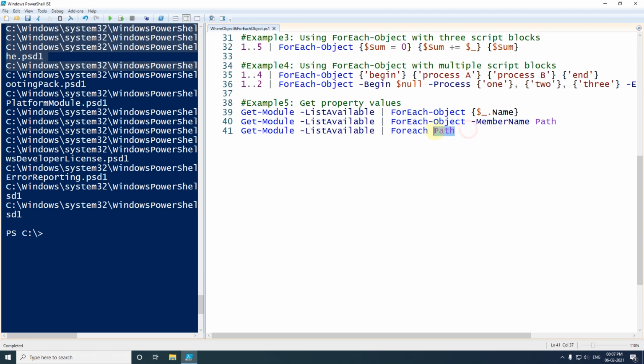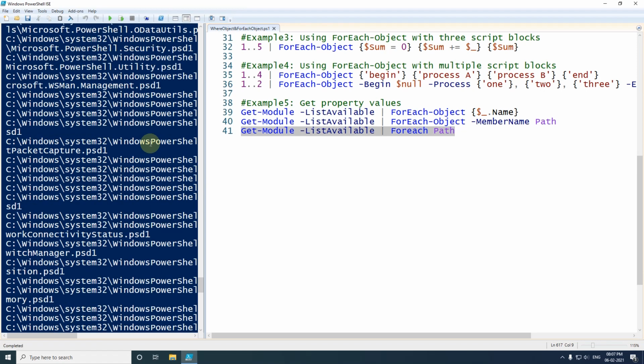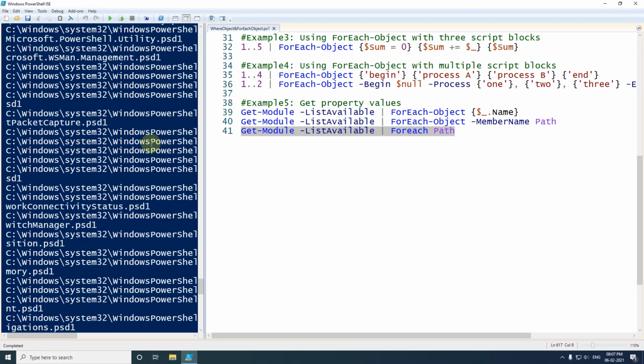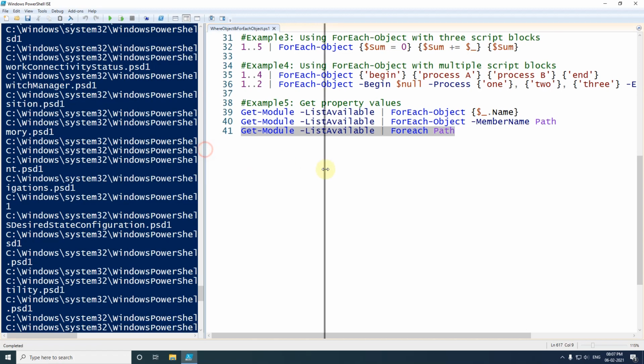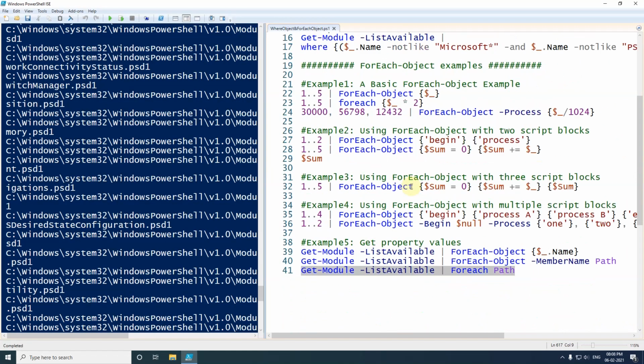I have simply given path here, and it will be considered as a property of the current object. So if I execute this line, now you can see we have again got the same output. So this is how we have seen how we can use Where-Object and ForEach-Object.